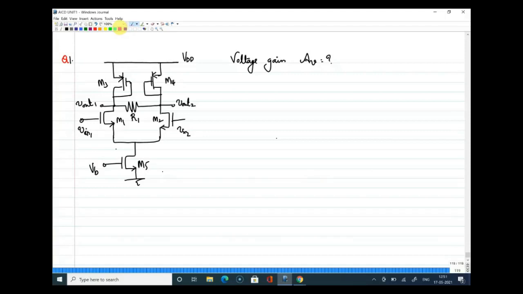Yes, sir. I understood the topic, but when it comes to solving the problem, I feel quite a difficulty, like recognizing the circuit and where to start. Yeah, that is what I'm trying to help you out with by looking at this circuit. Tell me what you will do first when you see that the circuit is a differential amplifier circuit. The inputs are anti-symmetric. So given this condition, how will you approach this question?